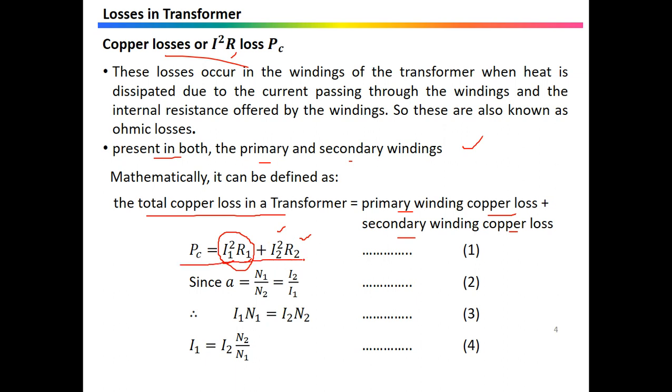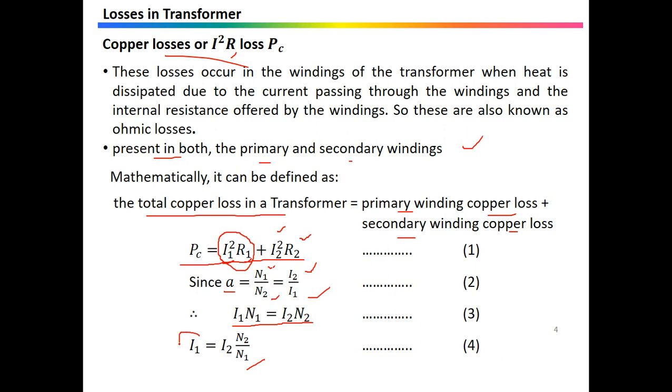As we have already stated at the time of the introduction to the construction of the transformer, there is a transformation ratio and the turns ratio, which is nothing but the ratio of the number of turns in the primary to the secondary, and it is inversely proportional to the current. So this will be I2 over I1. On cross multiplication, we have the equation I1 N1 equals I2 N2, and from this I can calculate the value of I1, which becomes I2 multiplied by N2 over N1.